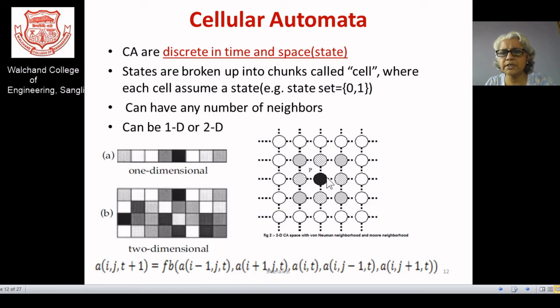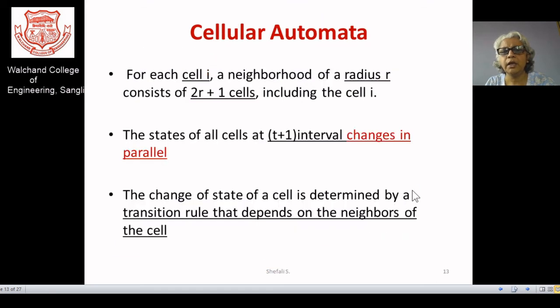Suppose this is one of the cells. You may have 4-connectedness, or you may have 8-connectedness for your neighbors, and depending on the situation of your neighbors, the position and the value of your current cell will be dependent. That's why it is spatial. Space is a very important factor here. So spatially it is connected, and it is getting propagated further in that way.